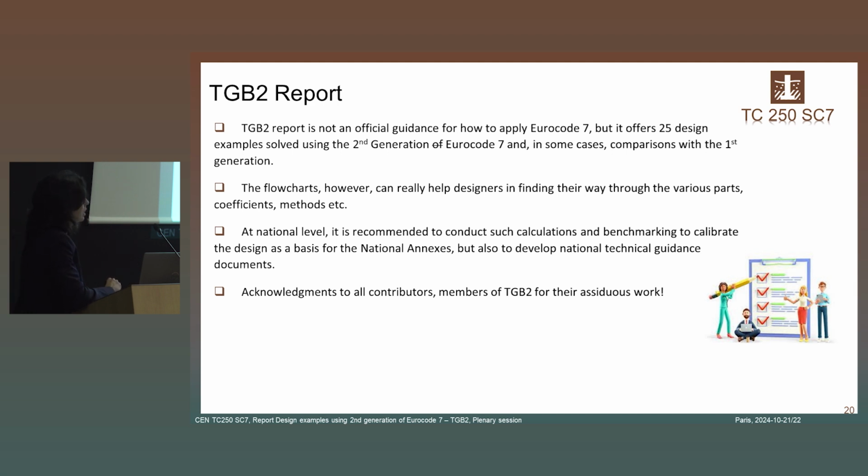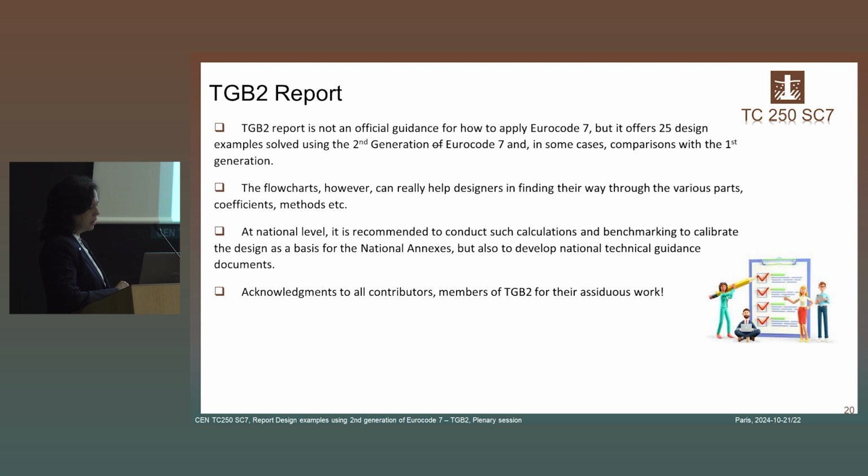The report, I would like to mention that this is not an official guidance of how to use the code. That's for sure. It is just giving some examples, solved, very simple ones, just to show how the code should be used for these specific examples. In total, we have 25 examples that were solved using the second generation of Eurocode 7 and which were revised according to the final drafts. And also, for most of those examples, there are comparisons with the results of the first generation of Eurocode 7, especially for those examples that have been solved previously by